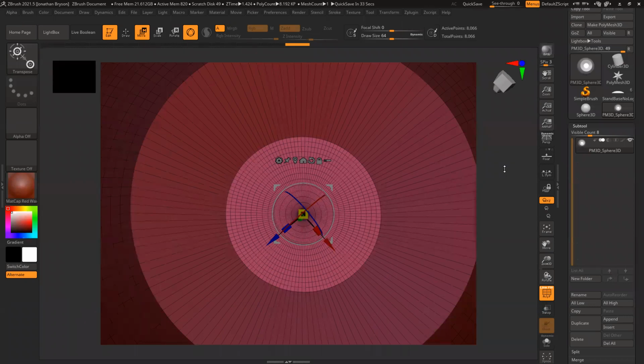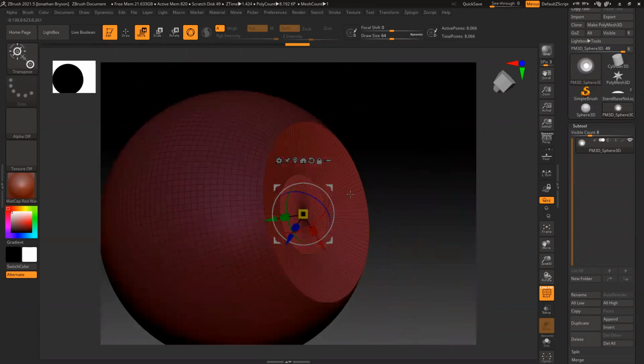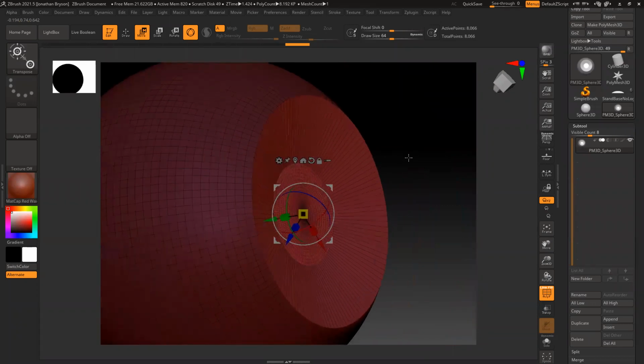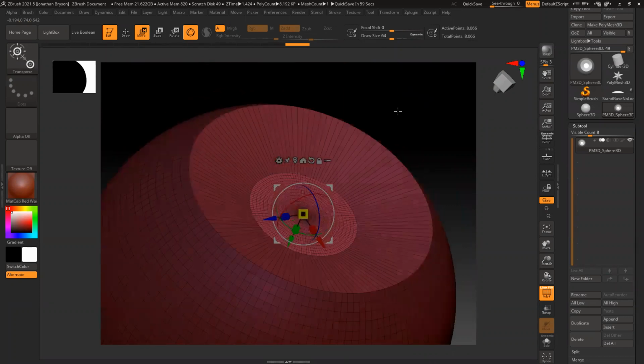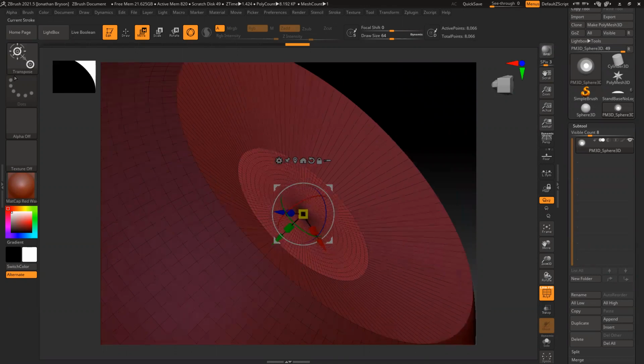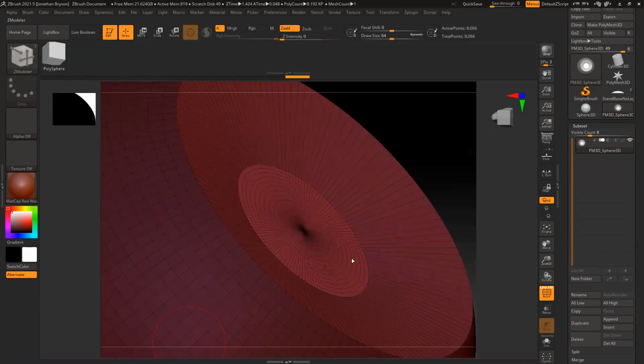We could do it with ballooning, which would be pretty easy. We could literally just take a cylinder, stick it in, and boom, make a cone right there, or make a hole right there. I do want to show you just a little bit of a different way of doing it with a tool we haven't talked about yet. And so that's going to be using what's called ZModeler. ZModeler is a really interesting tool. It's basically doing polygonal modeling